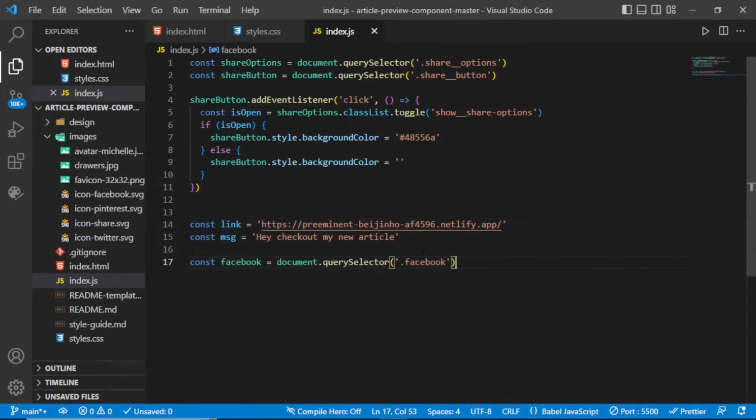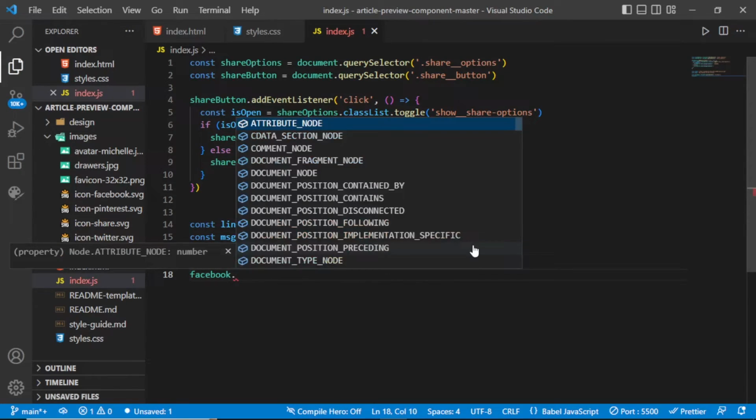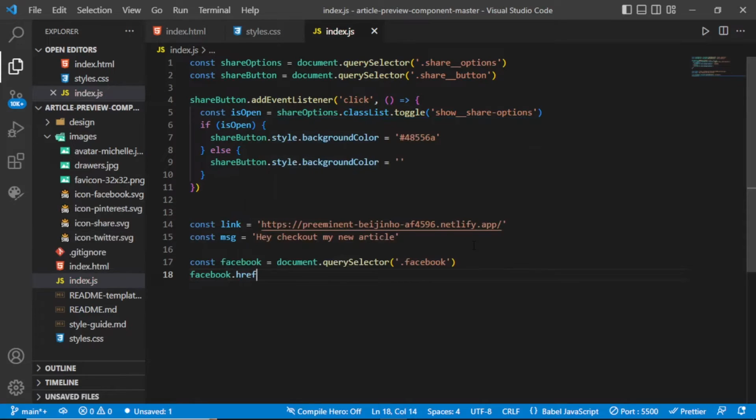And right now, I want to add the href value to our anchor tag and then assign it to the URL. So for us to do that, we're going to go with Facebook, which is the anchor tag, and then we want to tap into the href attribute. And now we are going to assign it to this href value. So right after this equal sign, all I'm going to do is to go with my $ and then my curly brackets to concatenate this URL plus the link that I want to post